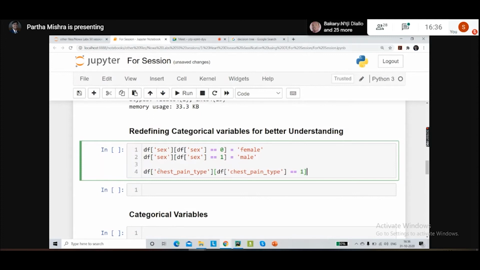What I'll do is I'm going to write out every one of them and assign it separately. So if it is one, we have something called typical angina. So let's copy it out.